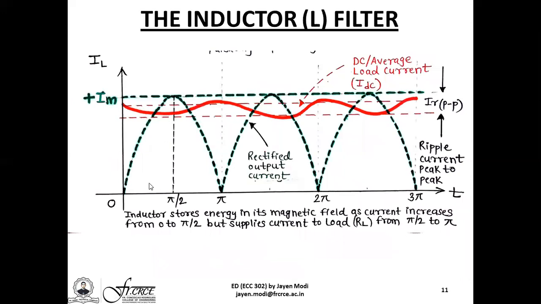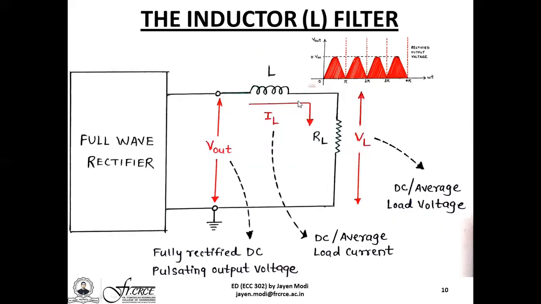From 0 to the value pi by 2, the inductor stores energy, and as the current decreases further from pi by 2 to pi, this can happen for every single half cycle. So as the current starts to decrease, because the voltage is now decreasing, since the diodes are now turning off, the current IL will also decrease. However, since inductors are known to prevent a sudden change in the current flowing through them, the load current will now be maintained constant, because the inductor, which had previously stored the energy, will now supply the energy back to the load. So the inductor will force a current which is almost constant to flow through the load RL.